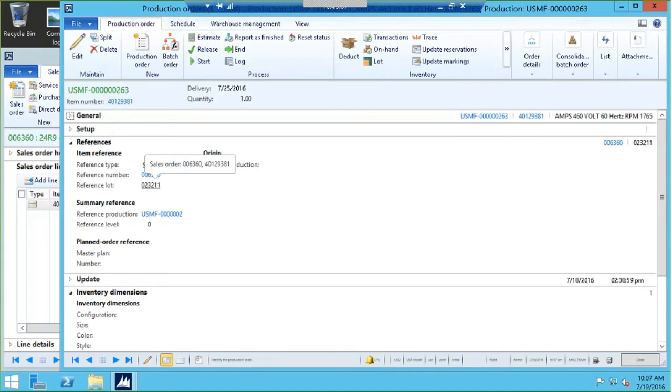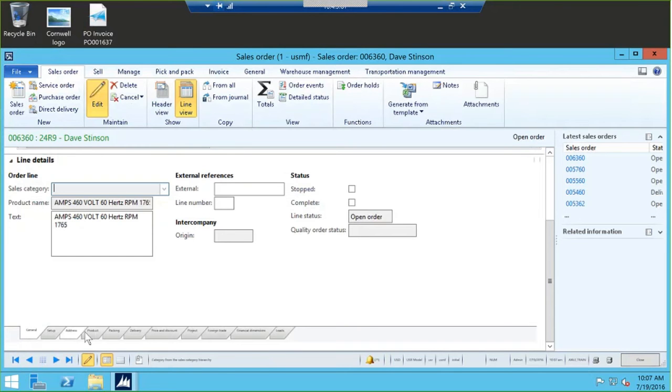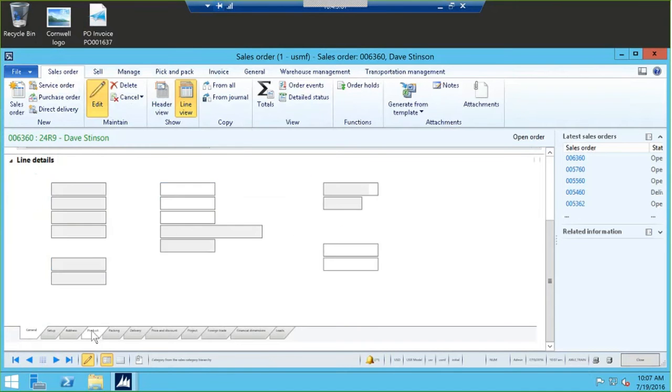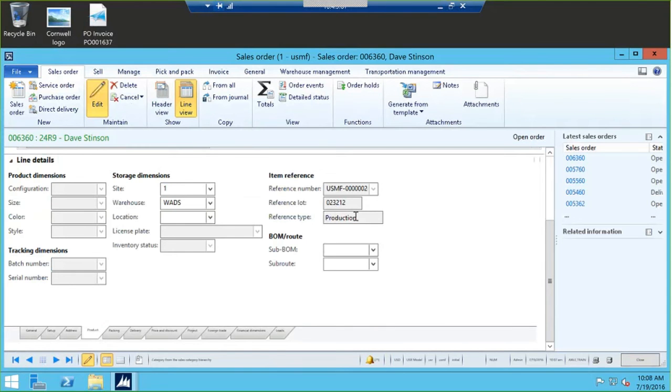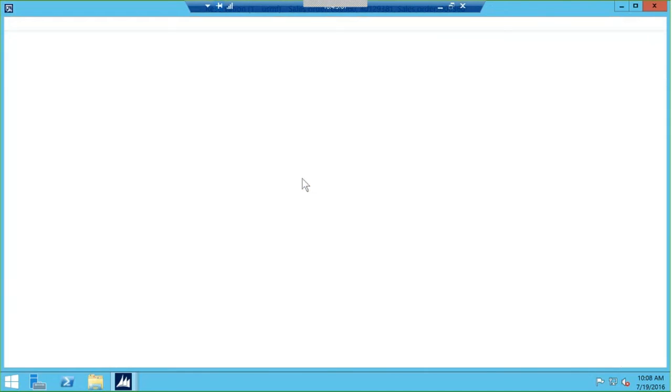Also, of course, very important for tracking. And at this moment, there's no summary reference for another production order. This is the order itself, and that's the situation. If I go to the sales line, let me close this, go to line details, product tab, then I should see that production reference, and this is the production order number. This is a sign that there is marking, because there is a reference between supply and demand. Kind of like MRP. Now in my inventory